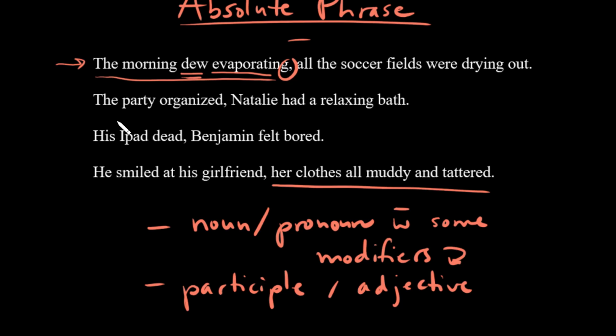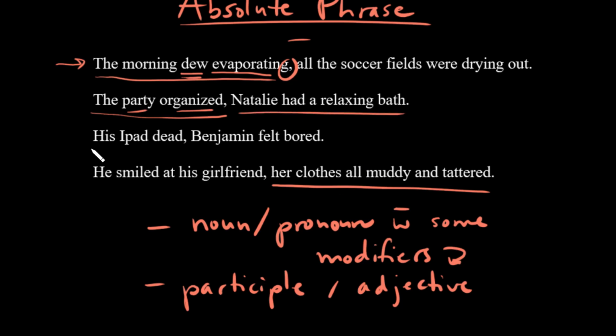If you look at the next one, we start again with an absolute phrase, and this time we've used a noun again, but now we have a past participle. So organize, organized, and then the past participle is again organized. Those are the three parts of the verb, right? Present, past, and past participle. So we have all the same prerequisites, and then we have a comma, and we have our regular clause.